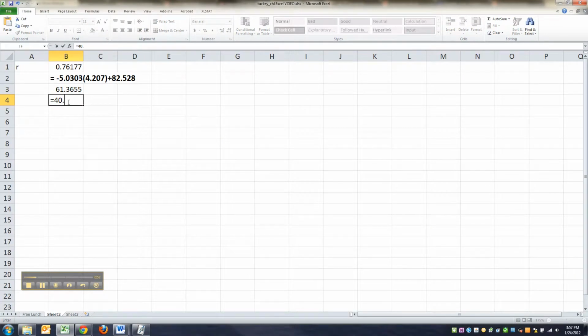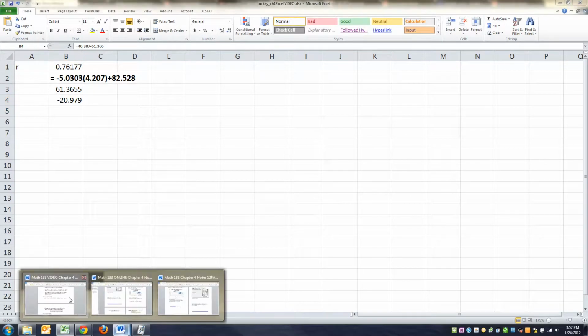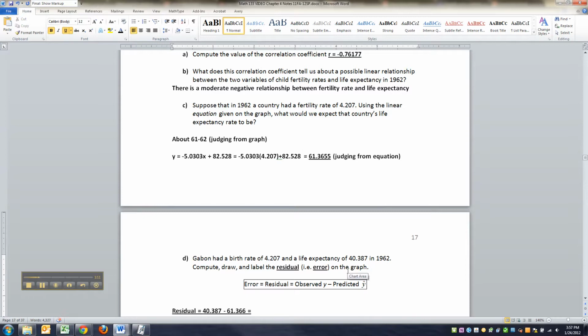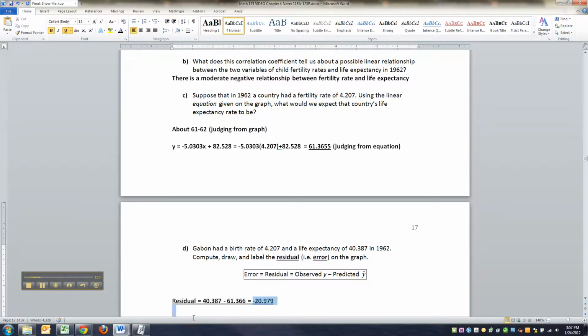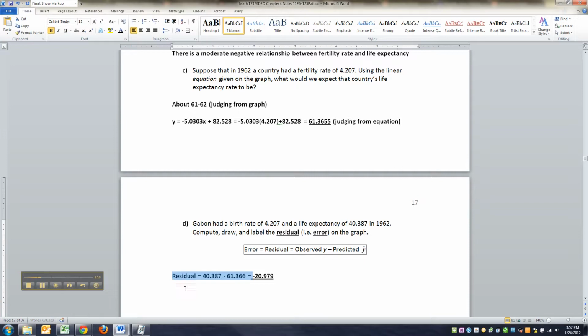I know what it is, but I don't want to give away the surprise. 40.387 minus 61.366, I think it was. Enter. That's negative 20.979. That's your residual. And that means that's how long that little stem is, that little red stem on the graph